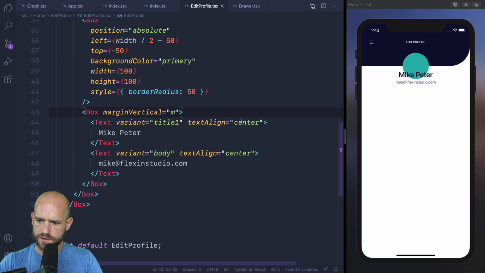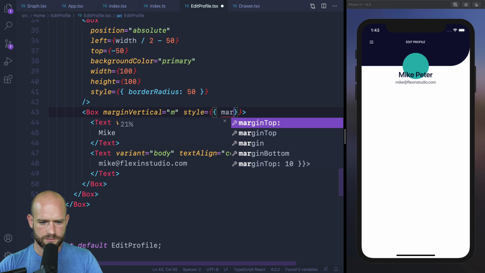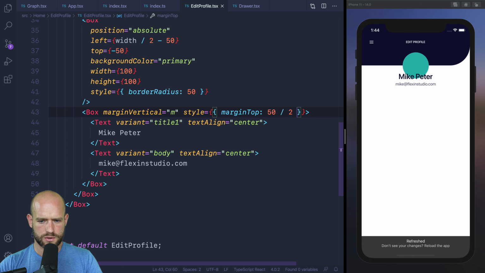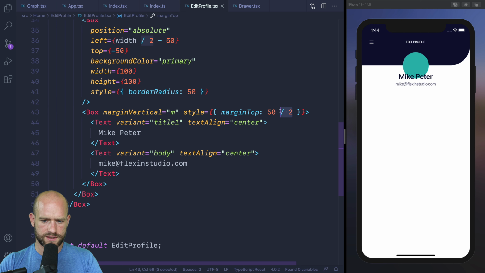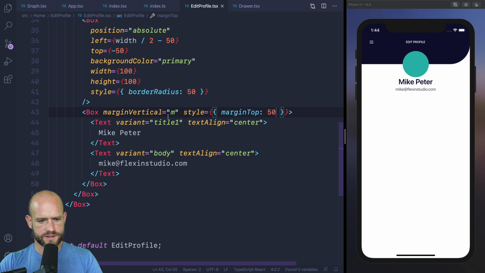Maybe I should just margin vertical and do style margin top 25. So 50 divided by 2. No, 50. It's 100. Plus